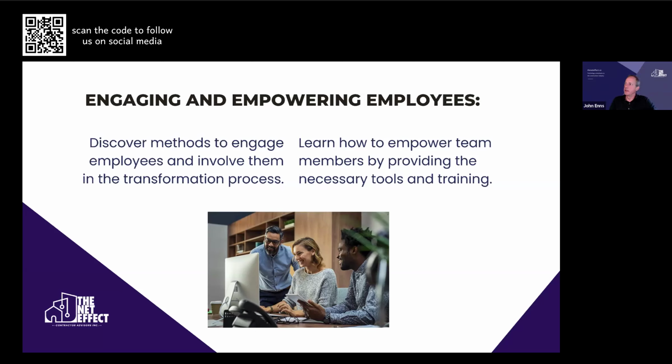A good example of that is that not all software is created equal, and sometimes you have to do a little workaround. You may have to slightly change the way you do something to make it work within the confines of the software. Often the guy three doors down in his office has figured it out, but he's so busy just hammering it out that he hasn't been able to share that with anyone. Meanwhile, two doors down, the guy is struggling to figure out that workaround. So having communication between each other is essential. And involving everybody in the decision-making process on how the system's set up is important because they're the ones using it on a day-to-day basis.